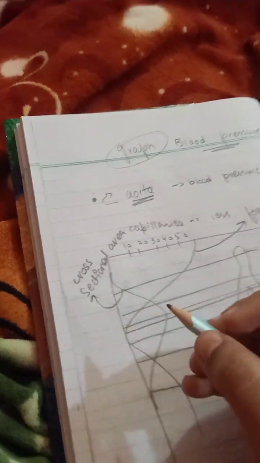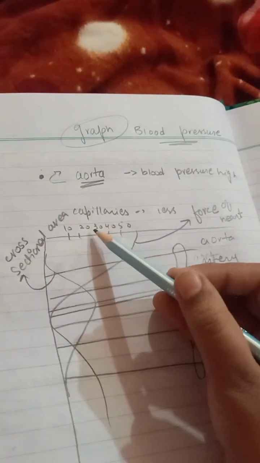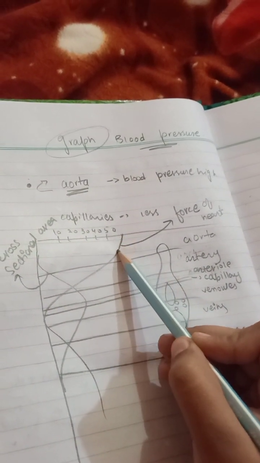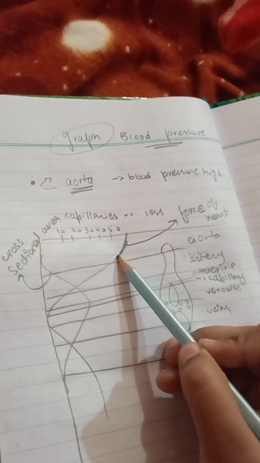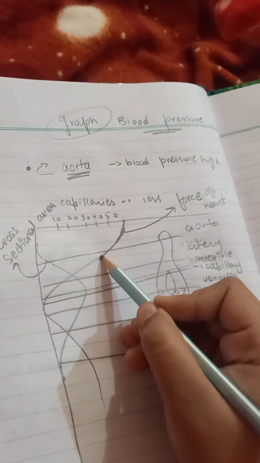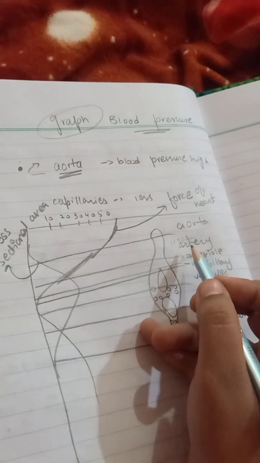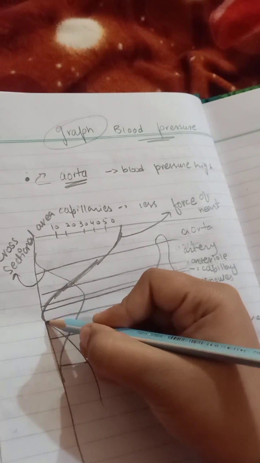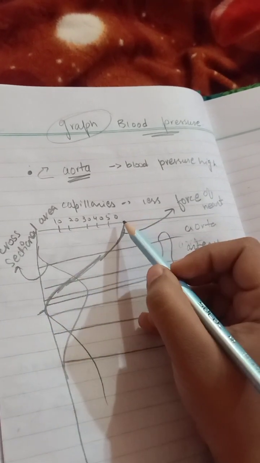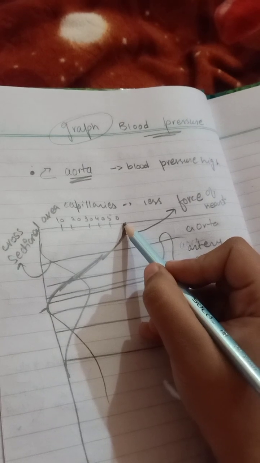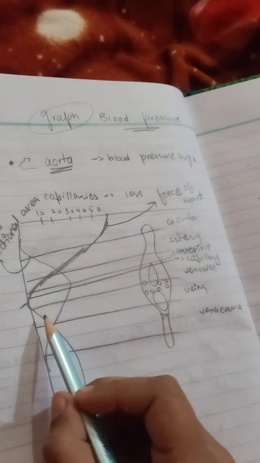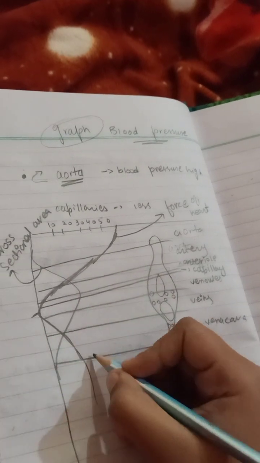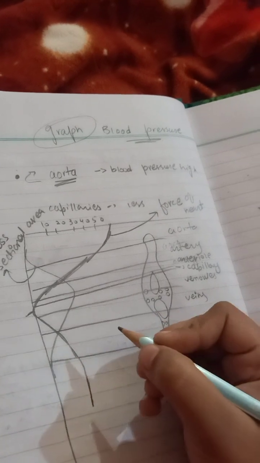Okay, one thing I want to tell you: here you can see the blood pressure in the aorta is more, then in the artery it is decreasing, then in the arteriole it is decreasing more. In the capillary there is too much decrease. There the pressure was 50, for example, now the pressure is 0. After that the pressure is increasing,